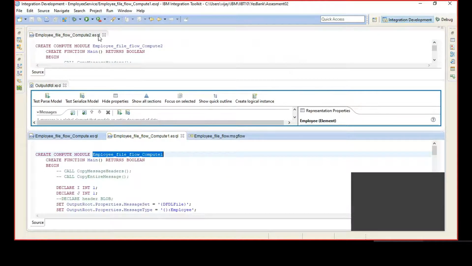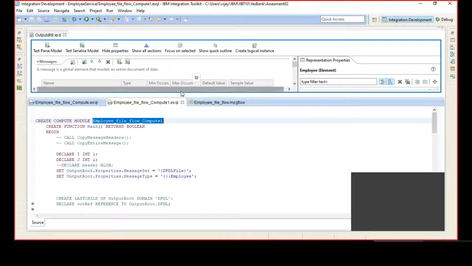The first value that you have given, that is output root properties message set, points to the project, the shared library project. So that's proper. The next section that you write, message type, points to the name of the message. The curly bracket indicates the schema name, schema colon, the type, which is employee.